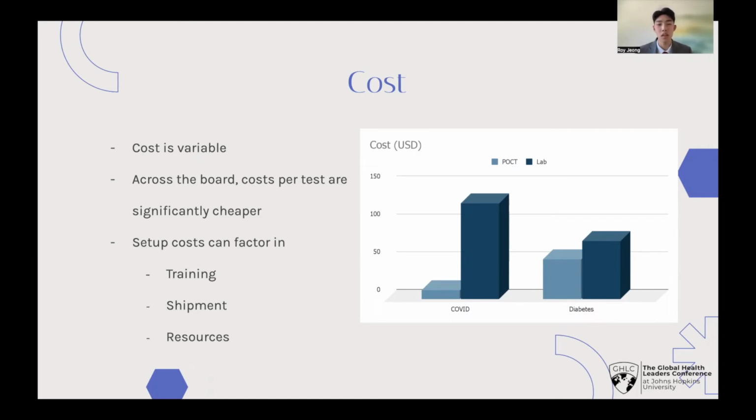What I mean by this is that sometimes when point-of-care tests are used in doctor's offices or in areas such as Africa that require tests for diseases that may be new, a lot of doctors will require new training for point-of-care testing as opposed to laboratory training. Second, there's shipment, because with new point-of-care testing, there's going to have to be new supply chains that need to be created so that the tests actually get to doctors and to consumers. And finally, there are the resources required to develop that test and distribute it more widely, which factor into the